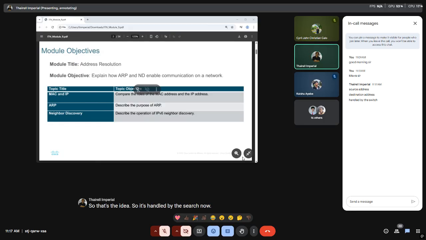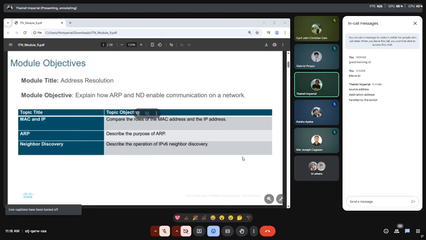Now, if we're talking about the switch, that's the capability of your switch. The question is how this information, the source address and the destination address, is generated at the end device level. We are well aware that the data packet did not start from your switch.